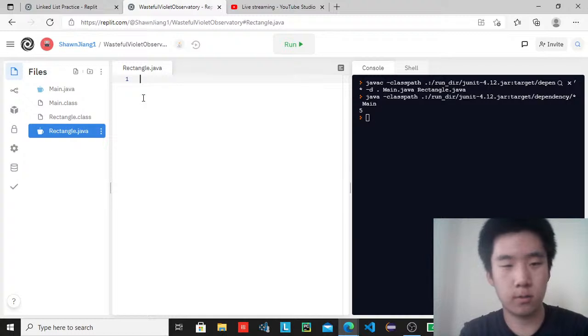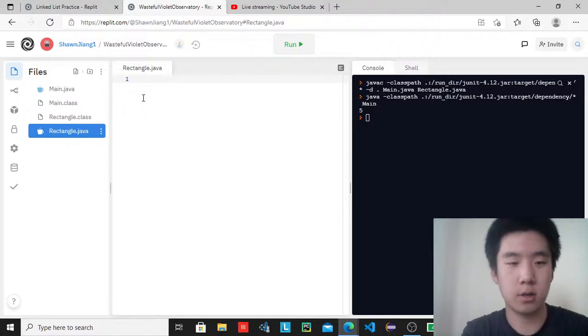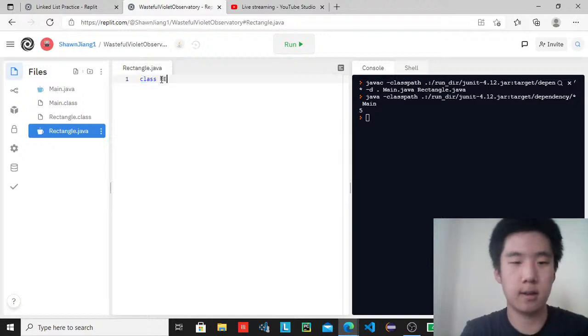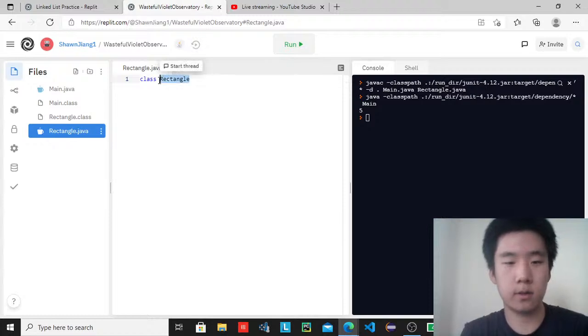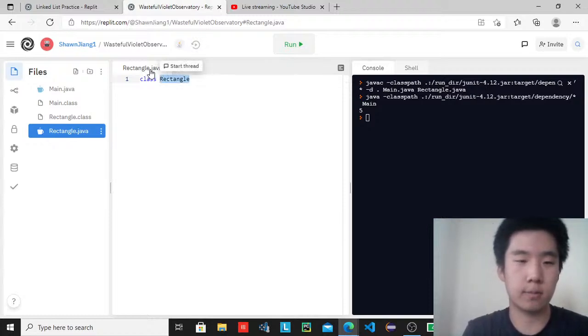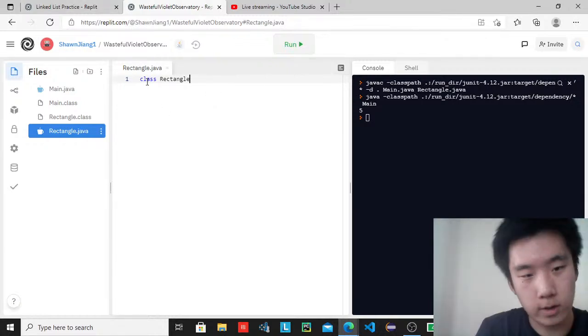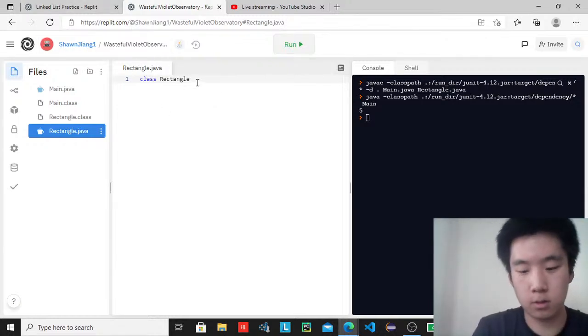So what you want to do first is, because we're creating a rectangle object in this rectangle class, we first want to tell them we want to create a class. So we'll first use the class keyword to create a class, and then right afterwards the name of our class. It's really important that the name of your class has to be the same as the file name right here. So if I created a file called rectangle.java and inside I wanted to create a class, I'd have to call it Rectangle. Alright, so once we have the rectangle, we get these curly braces,